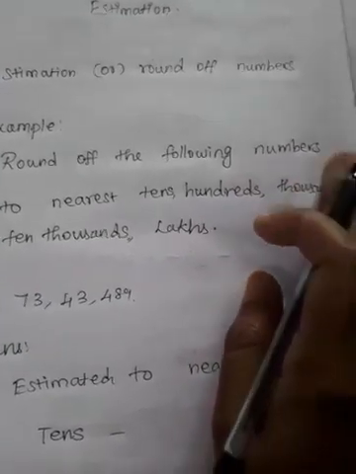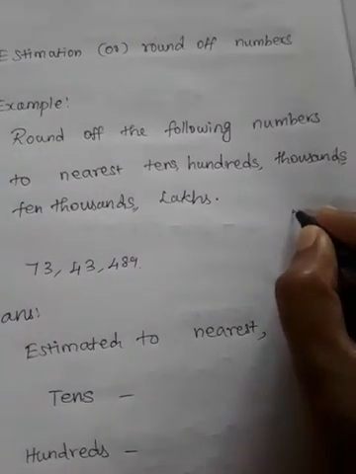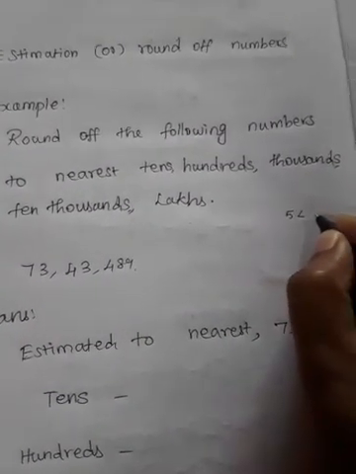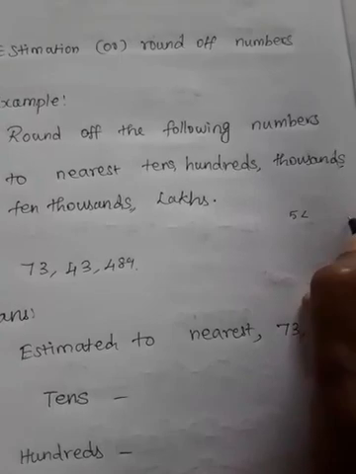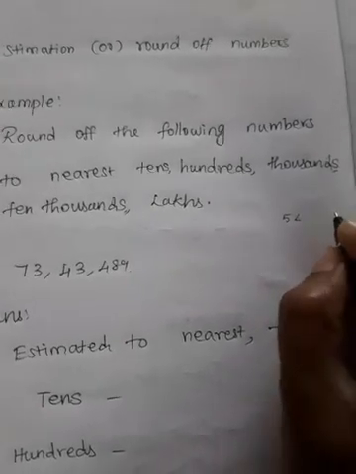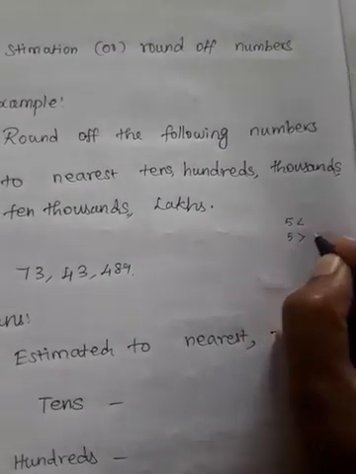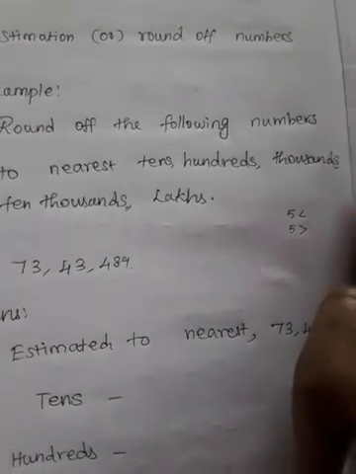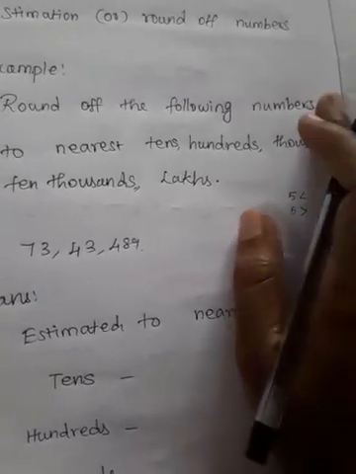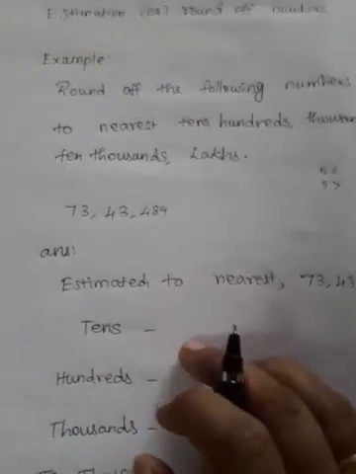Okay, dear children, do you remember about this? If the number is less than 5, you don't want to add any number, you want to make all the remaining numbers 0, then the previous number you want to write as such. If it is above 5, what do you want to do? You want to add 1 to the nearest number, then you have to estimate it. Yes, do you remember that above 5 and below 5? Now I will show these examples, then you will understand.